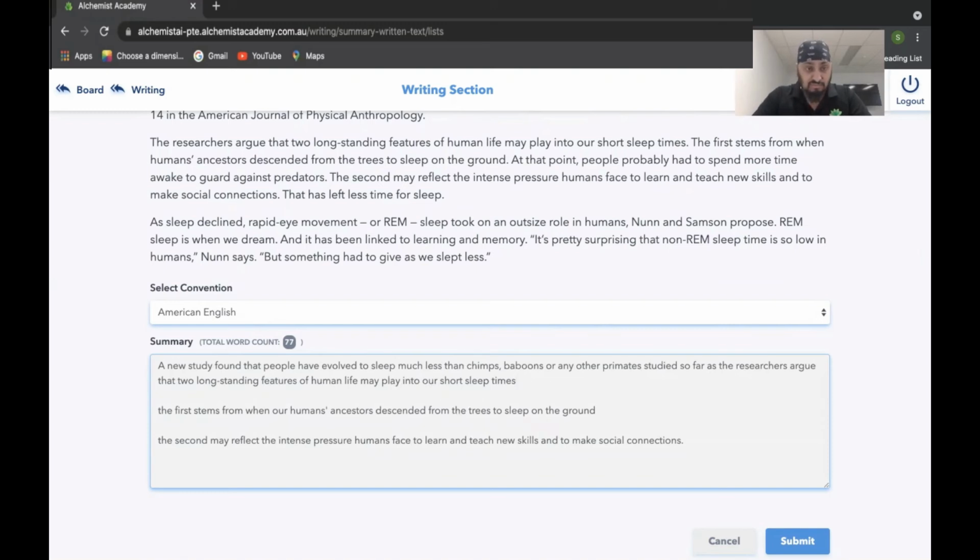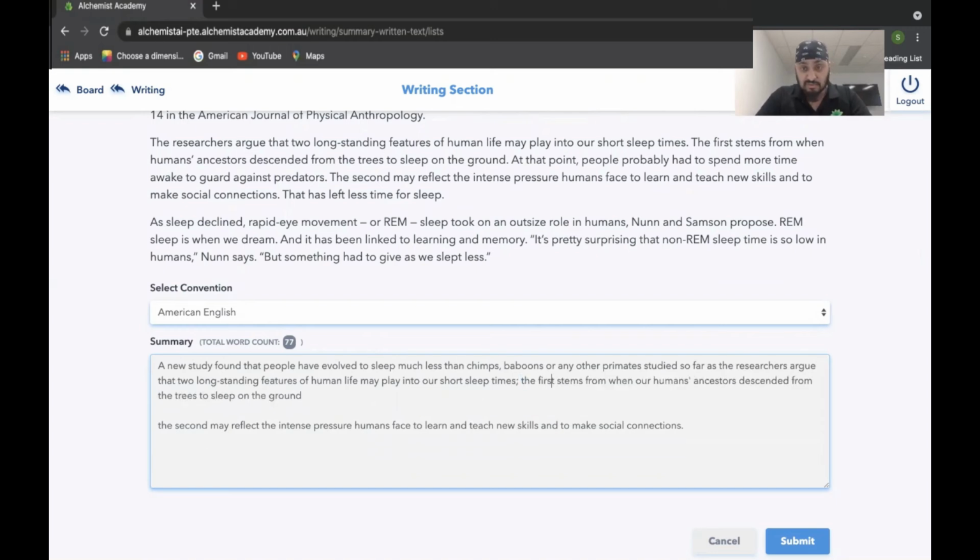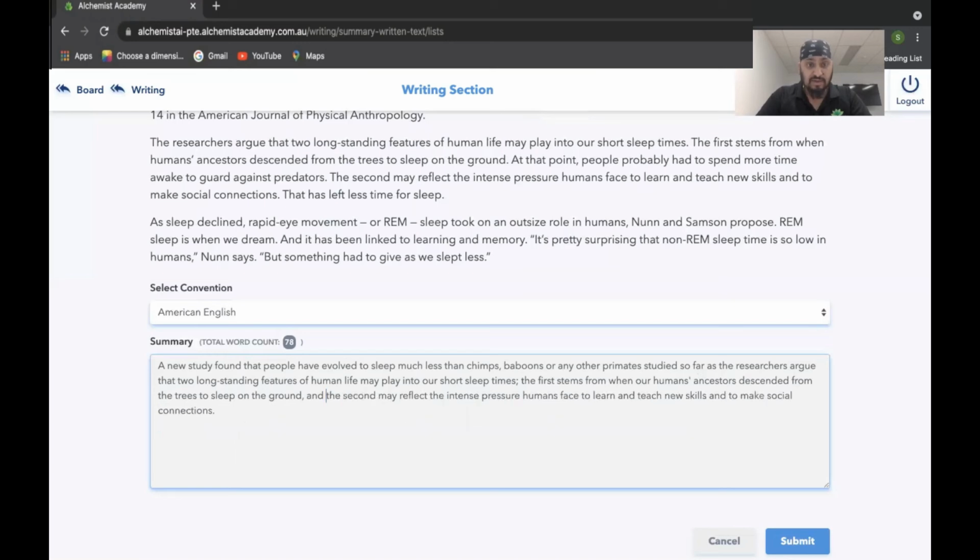So I will stick with this sentence the way it is. The first stems from when human ancestors descended from the trees to sleep on the ground. And let's see if I go with this comma, and I have to find a way to reduce 3 words. And the second may reflect the intense pressures humans face to learn and teach new skills to make social connections. Okay, now let's have a look. How can we fix this? Okay,